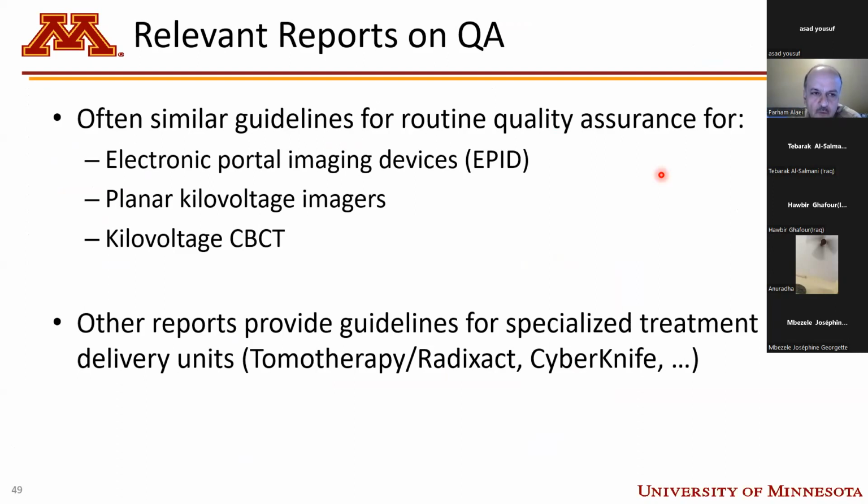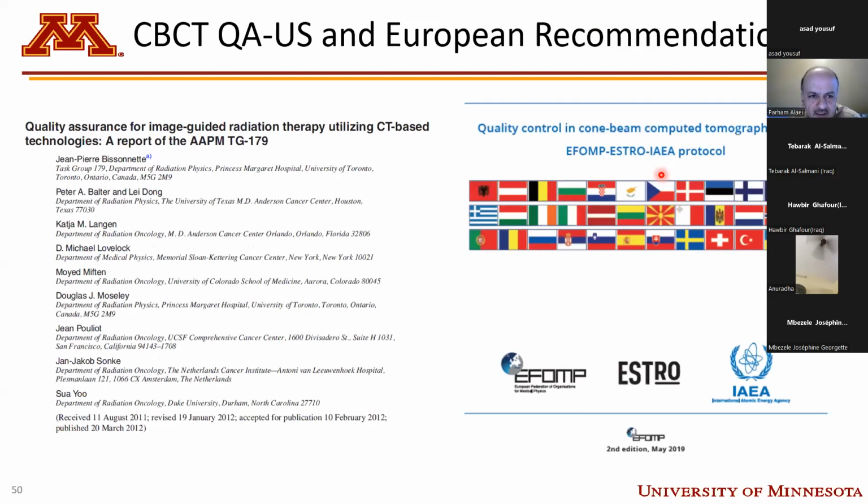Now if you look at those reports, there are often similar guidelines for routine QA. As you would expect, that's good. There are similar guidelines for QA of EPI, proton imaging, planar kilovoltage, and kilovoltage CBCT. These reports usually don't deal with specialized units. If you have a tomotherapy, Radixact, or CyberKnife, they have different reports that specify the QA guidelines for those. So here I'm comparing the AAPM TG179